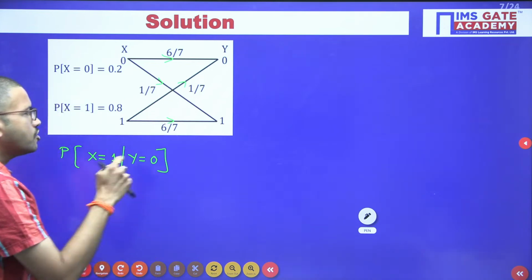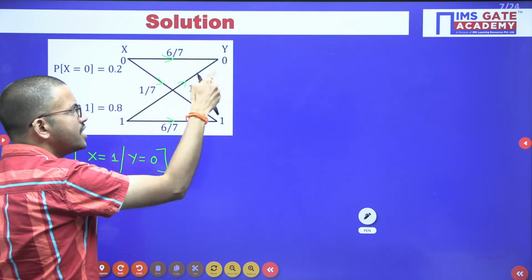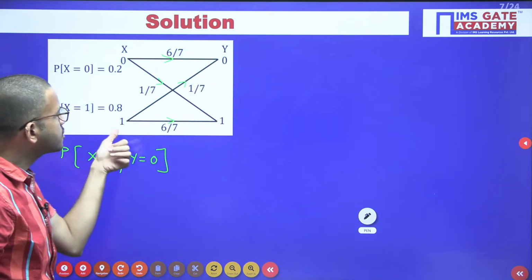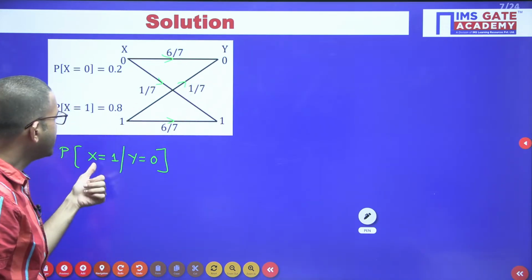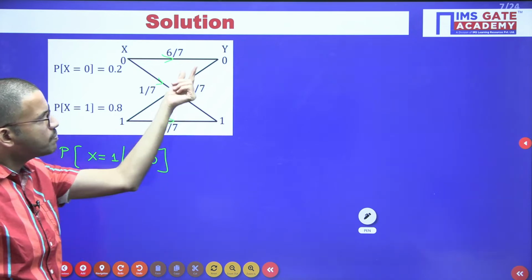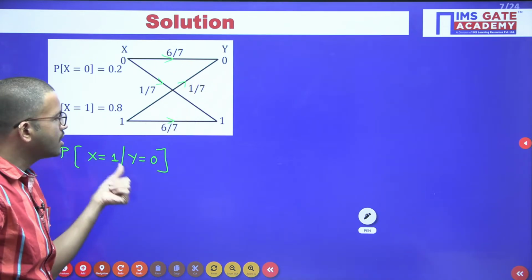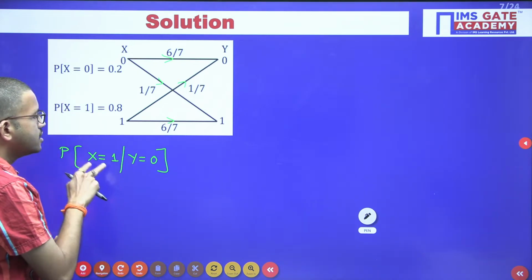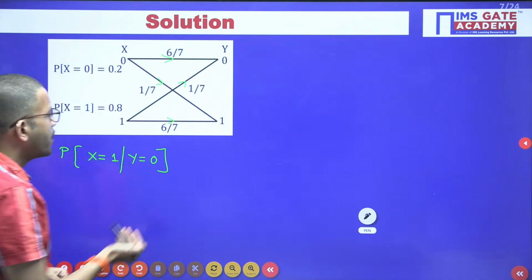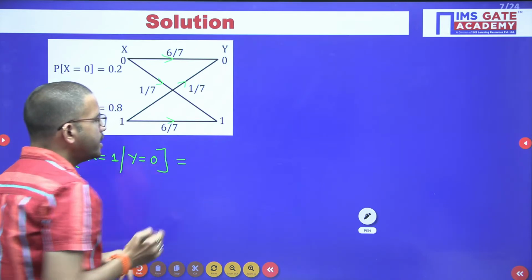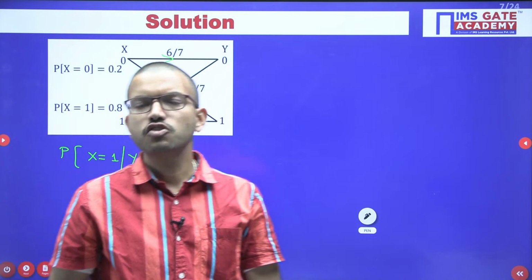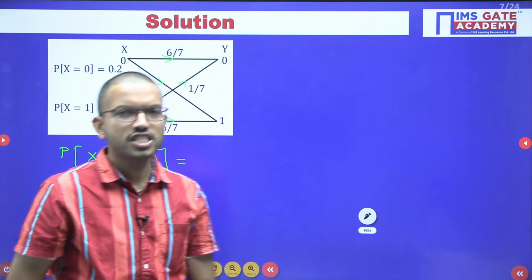Okay, now the question is, the probability that the received bit is 0 due to the transmitted bit being 1. So that means I have written it like P of A given B. So here already the output is given. That's why I have written Y equal to 0 here, whereas X equal to 1 here. Okay, I hope all of you studied the conditional probability calculation like this in your mathematics subject in the chapter on probability.